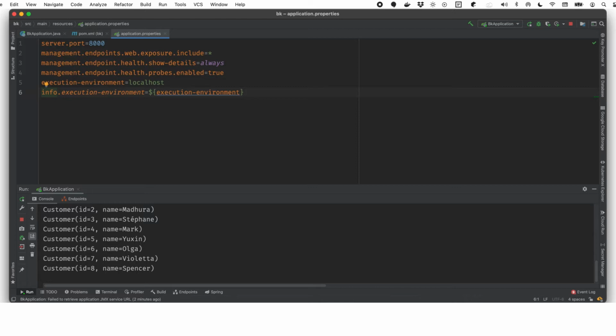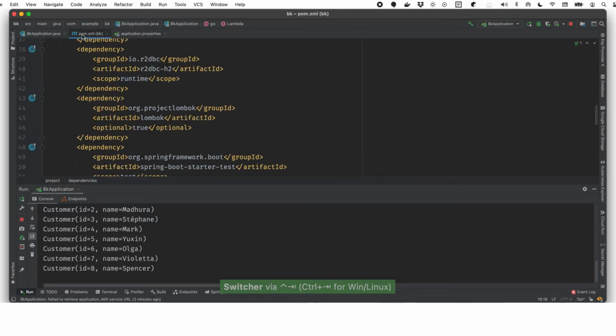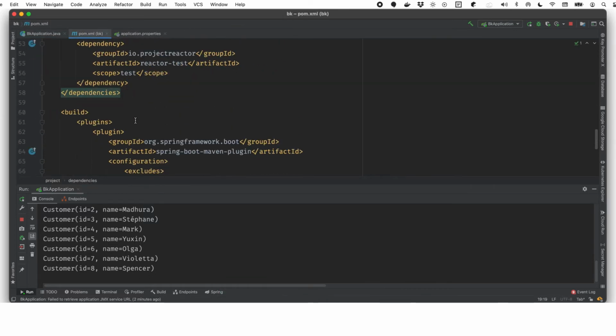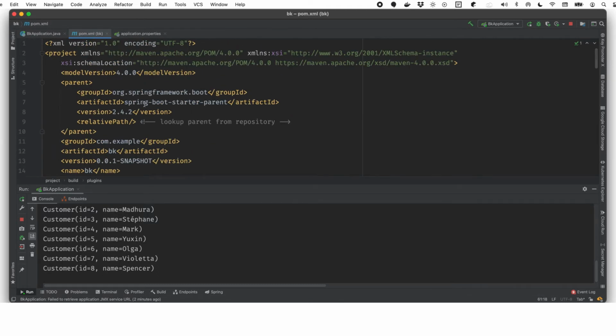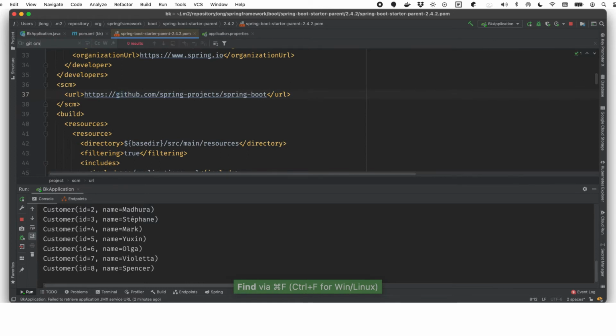One really interesting possibility is to have the build automatically contribute useful things to that info endpoint, things that you can use to correlate the version of the software that's running in production. This is a great thing to do in a Kubernetes environment. So I'm going to go to the build, and I'm going to configure the git commit ID build plugin. But in order to do that, I need to go to the parent and find the git commit ID plugin,